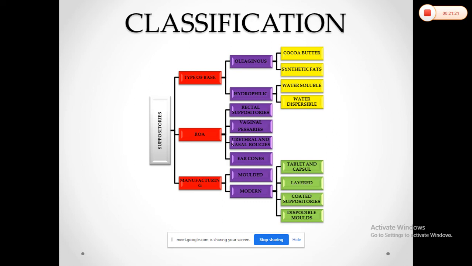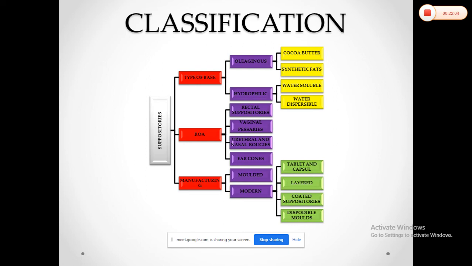But as I have said, the rectum, that is the terminal part of our large intestines, has a diameter of up to 4 centimeters and a length of 12 to 18 centimeters. The fluid content there is very low as compared to the large intestines or other regions. So we cannot compress the suppositories, because if you compress, it will require more water content for dissolution. That's why you have to prepare the suppositories with the help of a molten mass, which can melt at our body temperature.